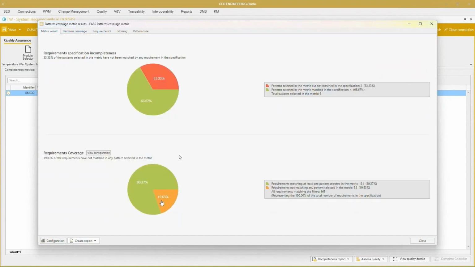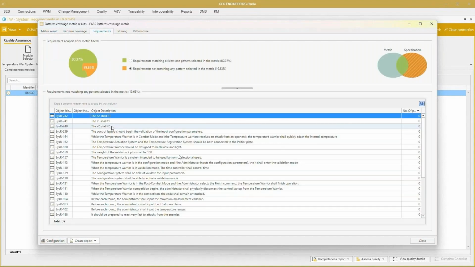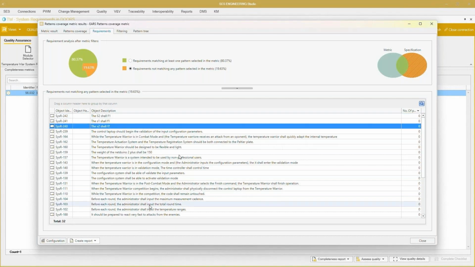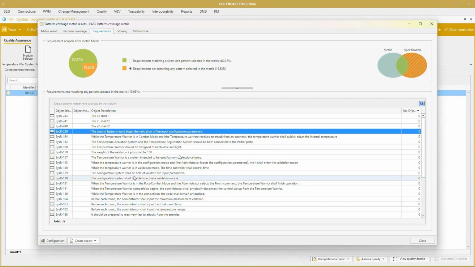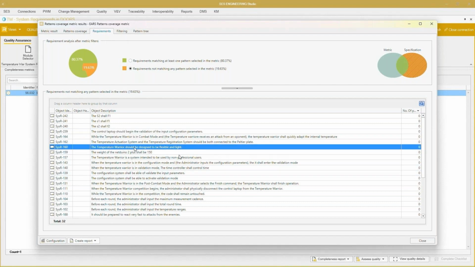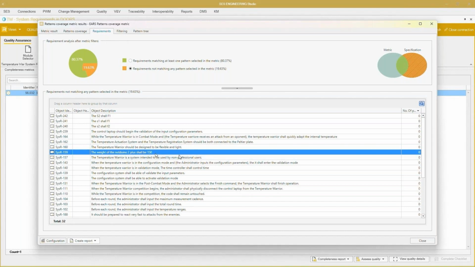And for the second chart, this 80% means that 80% of my requirements are written following the EARS patterns, while almost 20% are not following the EARS structure. The tool allows you to click on it and see which are, in this case, the 32 requirements that are not following the structure. At the beginning you see some silly requirements like "the system2 shall function 1". In other cases, we are not meeting the pattern because I am using "should" while I was